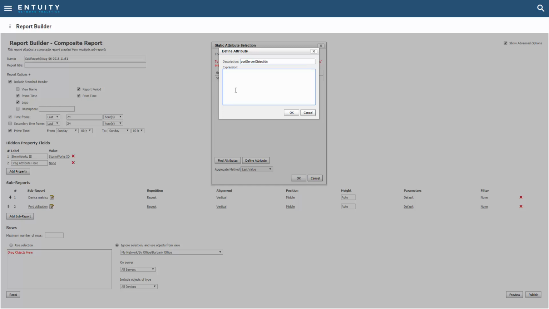The expression will be written using the Stormworks statement language. I've prepared it already and can paste it in. This is how it works. The script is called in the context of a device. The ref ports statement returns a list of all of the ports associated with the current device. Then, using the server object ID string function, this list is then turned into a list where each comma-separated entry